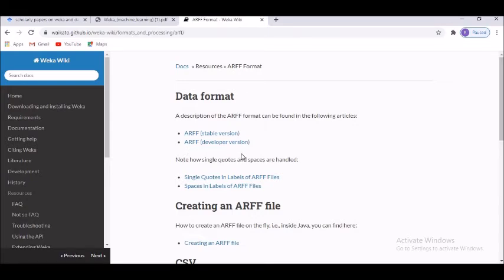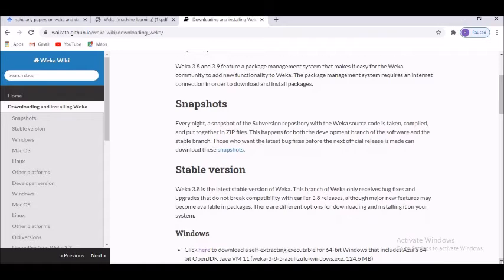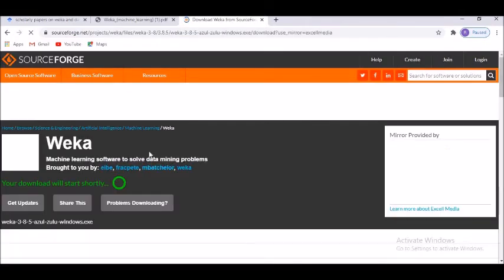Now, remember, whenever they use the words stable version, this is for non-developers. ARFF for the developer versions are also available. So how to create it, as we proceed further with the software, I'll take care of it. As of now, let me take you back to understand how to download the software and install it. Here we will start off working with the stable version. Later on, maybe after a few videos uploaded from my side, I will explain the developer version also side by side.